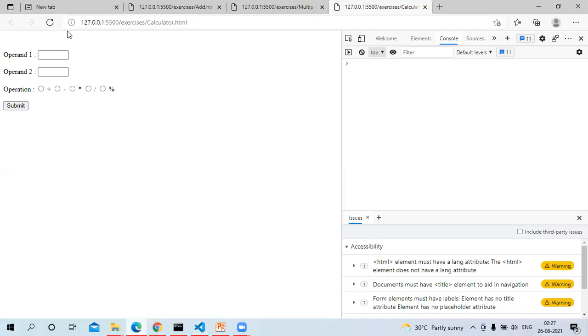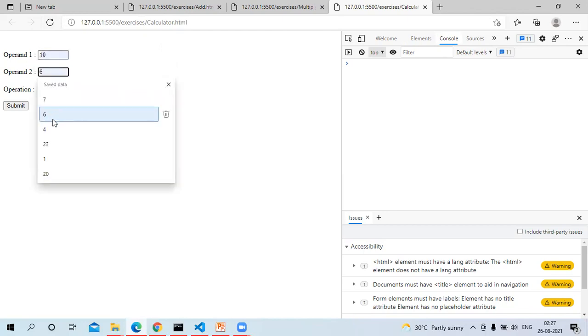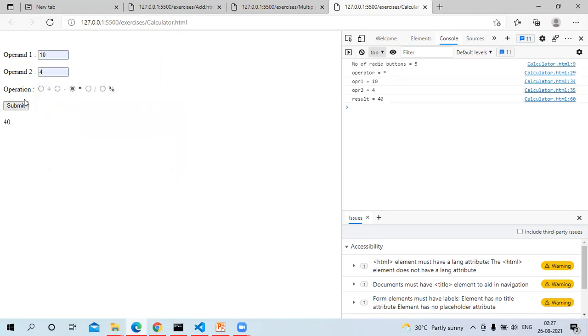First we'll look at the program, how it looks. This is calculator.html. We have operand 1 and operand 2, and here we have the different operations, that is, the functionalities we can perform. Let us take 10 and 4 and select the multiply operation, submit, and 10 multiplied by 4 is 40.